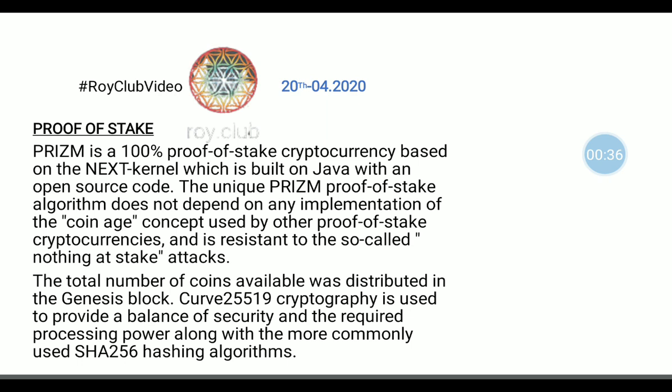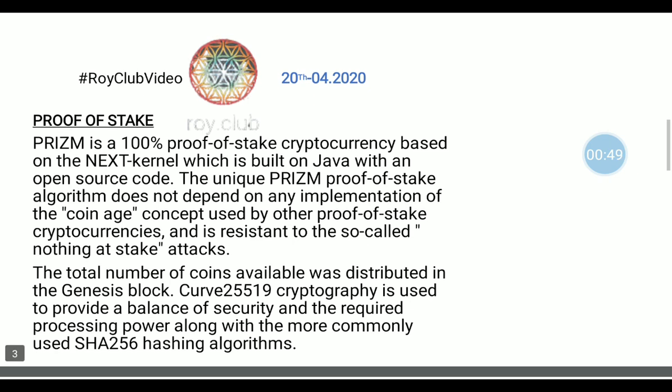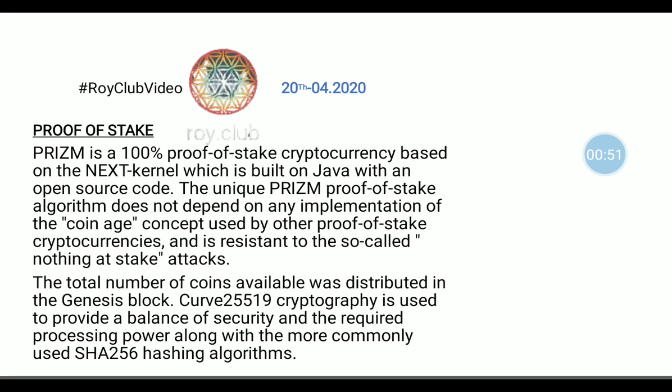This is something that you need to know, because when we talk about proof of stake or staking, it is basically the amount that you put in so that you can mine together with other members of the club. That is what we call your proof of stake. When you invest, it's actually your investment. When you invest, you have a proof of stake. So you put something in so that you can work together with Roy Club, and then you make something happen. It's something that everyone does.